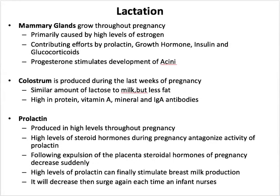As far as lactation goes, this of course is mediated with hormones and their interaction with the mammary glands. We've talked about the fact that the mammary glands develop throughout pregnancy due to high levels of estrogen, and that this is going to help to couple the activity of progesterone developing all of the acini within those individual alveoli of the mammary glands. And of course, with milk production, milk is going to be a slightly different makeup to what you would see